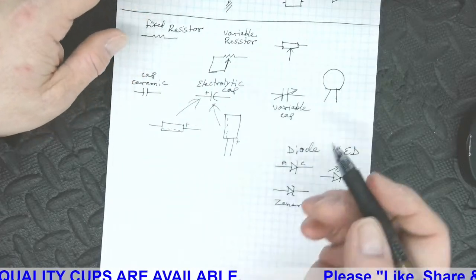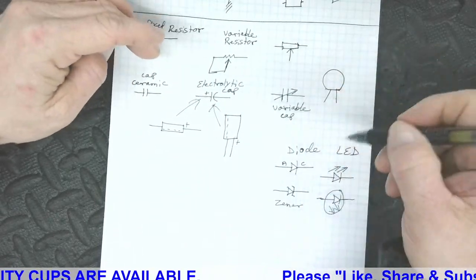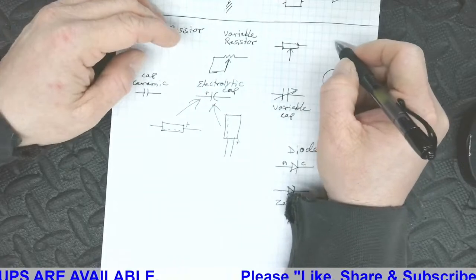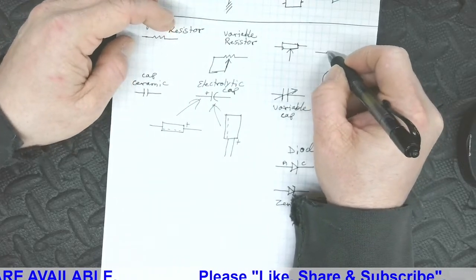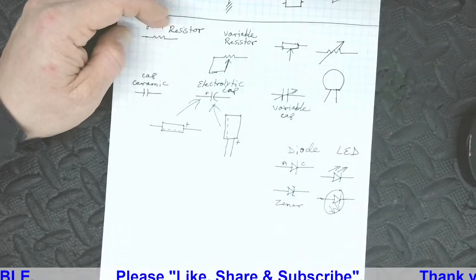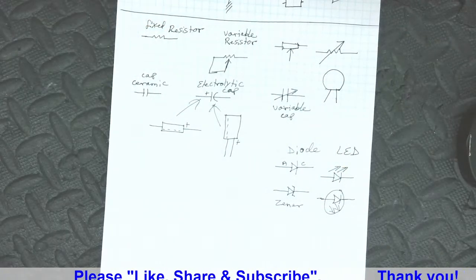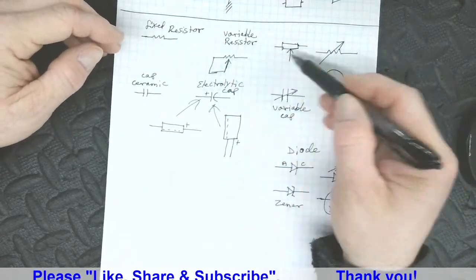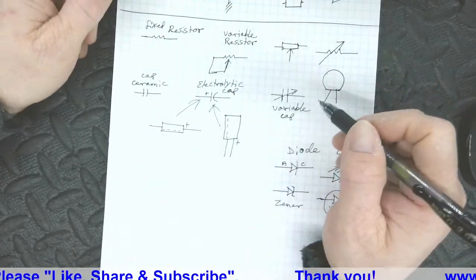Now, we can also see, well, let me do another one up here. I forgot actually. They just reminded me. You might see a resistor like this with an arrow through. That's also a variable. Anything that has an arrow through it is going to be a variable. Okay? So now,